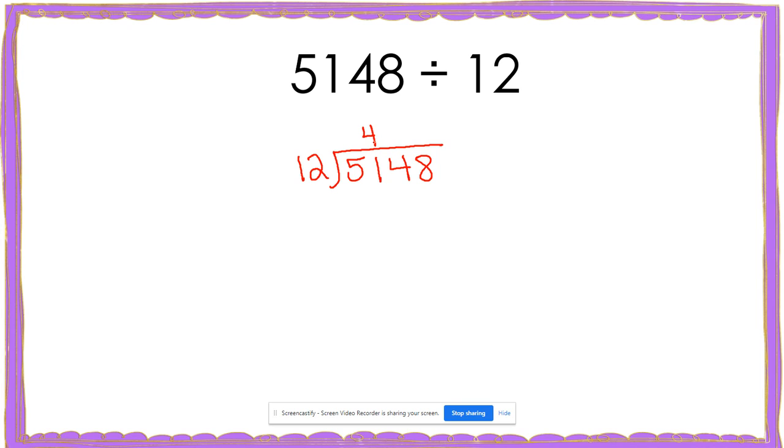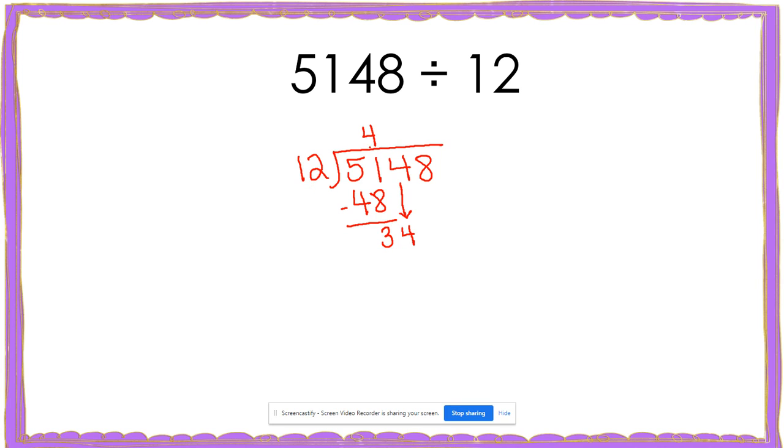Now again, I'm going to multiply. So 4 times 12 gives me 48. Then I will subtract to see what I'm left with. 51 minus 48 leaves me with 3. I'm going to go to the next digit in my dividend, which is 4, and I'm going to bring it down. Now I have 34, and I'm going to ask, what is 34 divided by